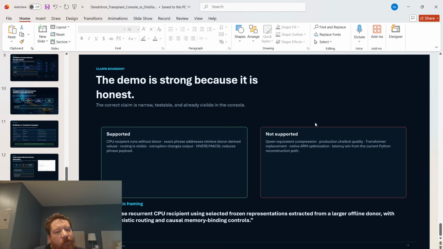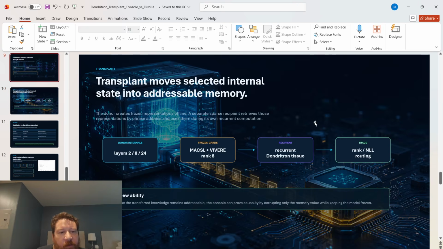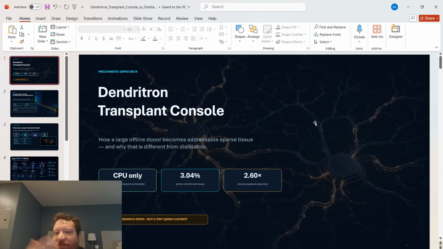What this demo isn't is an actual chatbot replacement. And I guess that would probably be the question that people would ask at the end here. Can you actually use it as a chatbot? Could I actually take that Qwen27B model and utilize this method and get a sparse chatbot? 100% yes, absolutely. I'm just not showcasing it within this demo. If you wanted a use case like that, we could definitely talk about that further and set that up. But as a simple demo overall, this is what I can showcase to you with regards to this technology, and a brand new method